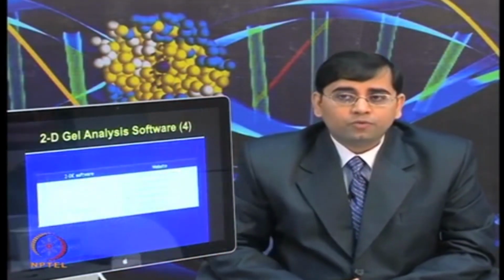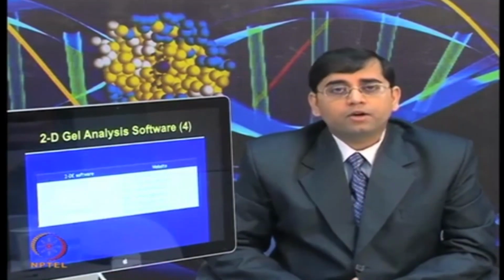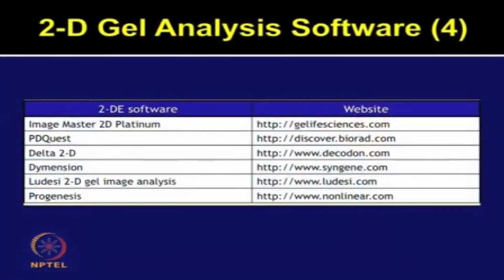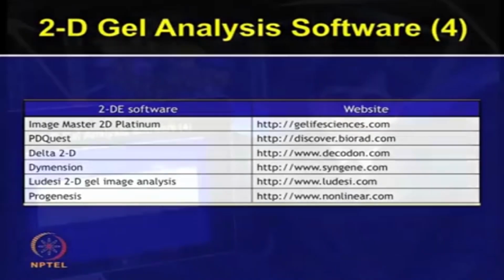There are various commercial softwares available for comparing the 2D gels, such as ImageMaster 2D Platinum from GE Life Sciences, PDQuest from Biorad, Delta 2D from Decodon, Dimension from Syngene, Ludici 2D gel image analysis software, Progenesis from Nonlinear. These are just a very few of the software I have mentioned. These are very commonly used, but there are many other good software also available which one can use